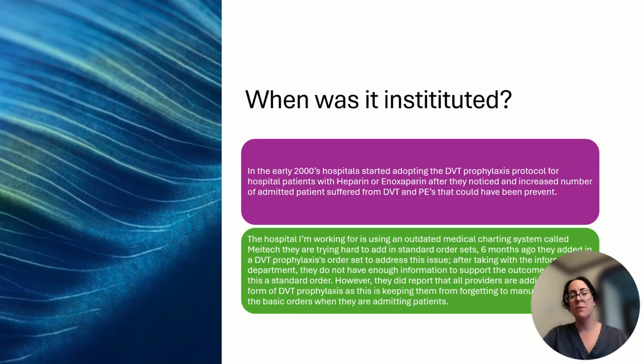The DVT prophylaxis order set and protocol was implemented in the early 2000s after hospitals started noticing an increase in the number of patients admitted who suffered from DVT and PE that could have been prevented. The order set includes heparin, Lovenox, and non-pharmacological interventions such as SCDs, TEDHOs, and early ambulation for patients who do have an increased risk of bleeding or